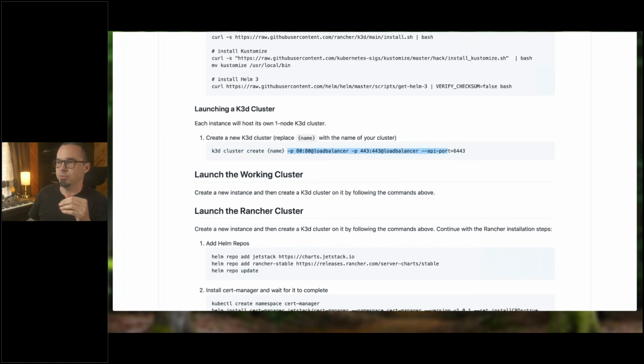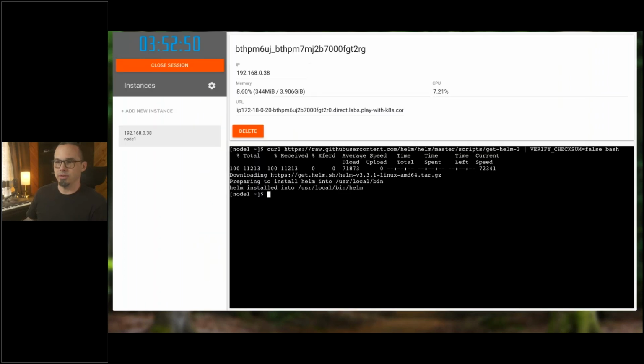Actually, I'm just going to copy from here over because I know the first part. Come back over to your playground, and I'm going to say K3D cluster create. I'm going to name mine A, and I'm going to paste